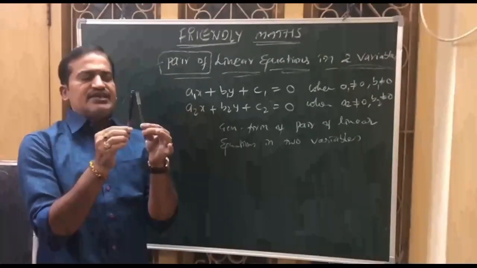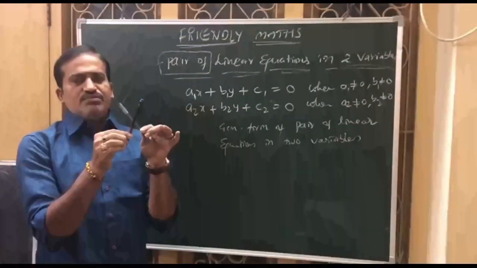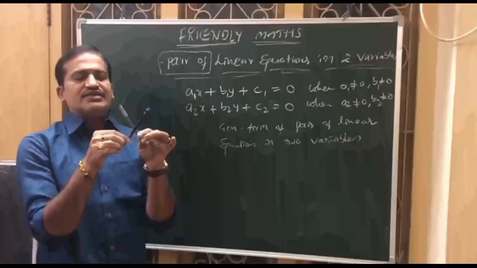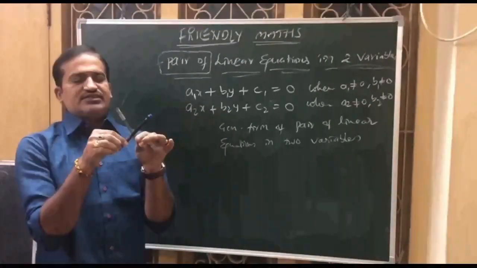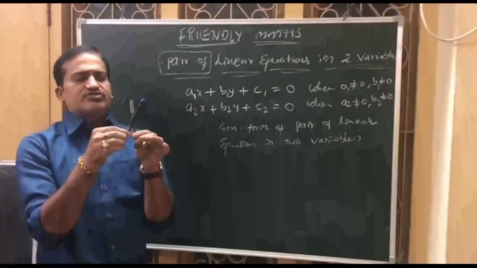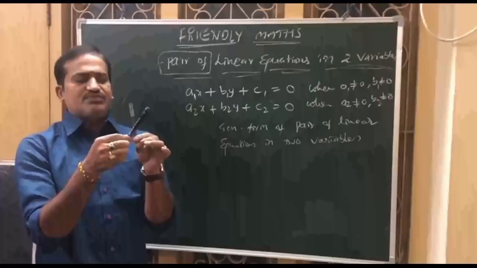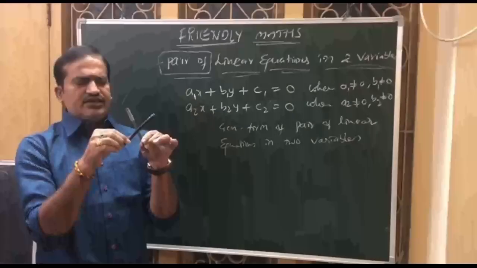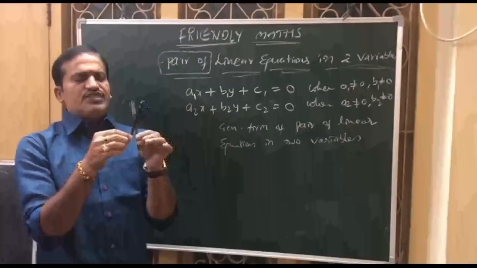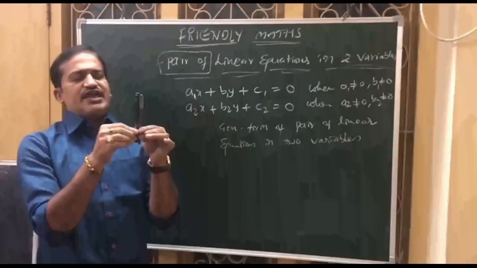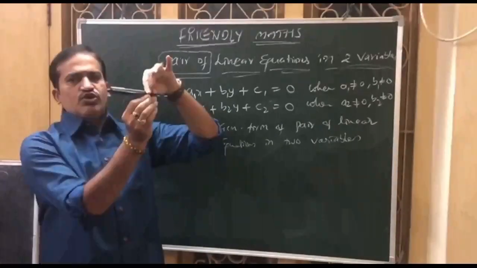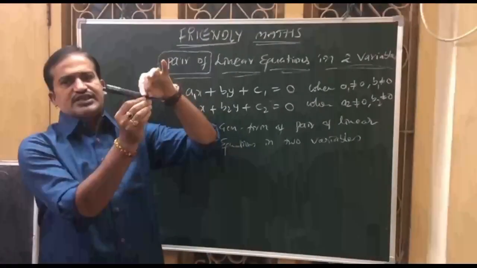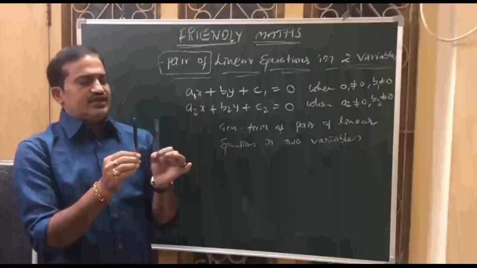Now if they are intersecting at one point, these types of lines are called intersecting lines. You can get them at any angle. It is not required that they be perpendicular or something like that. They are intersecting at one point. If they are intersecting at infinite points, such lines are called coincident lines. Coincident lines. What did you understand?